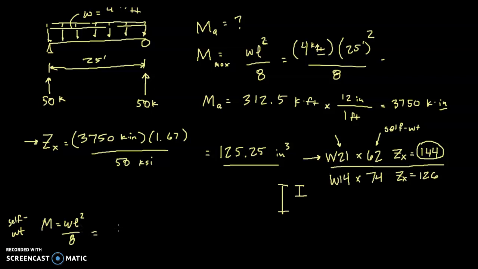This is just for the self-weight of the beam, which is 62 pounds per foot, multiplied by a length of 25 feet squared, and then we divide that by 8. And that is equal to